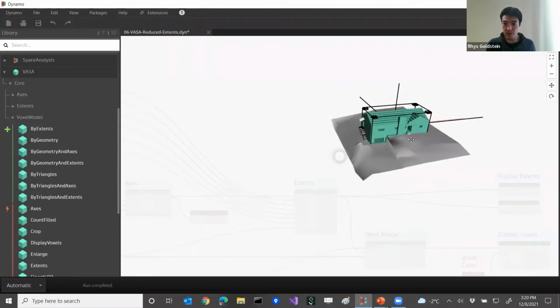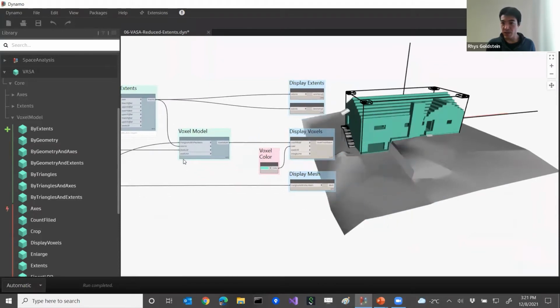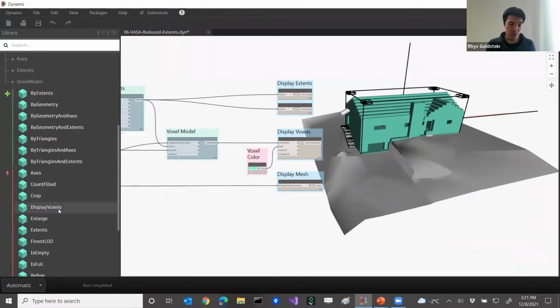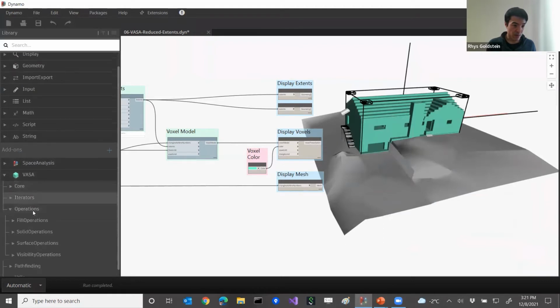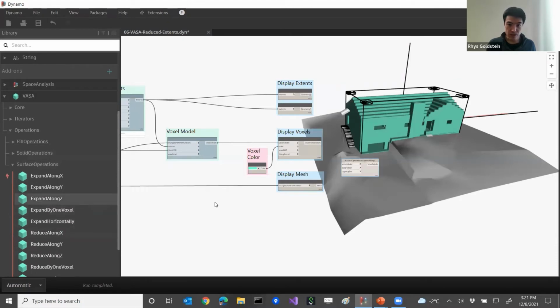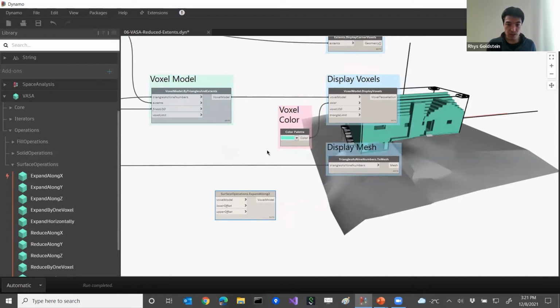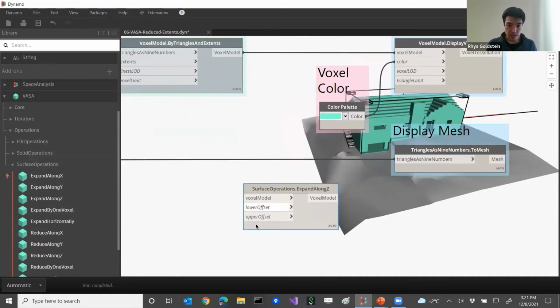Another thing to be aware of with extents is that certain operations may not give you the results you expect if the extents are too small, for example. So let's go into the VASA menu, into operations, surface operations. Let's try expand along Z. So this one grows the voxels that are filled. It grows them in the Z direction, and the offsets default to 1. Let's set the lower offset to 0,